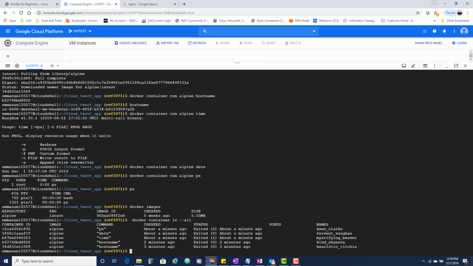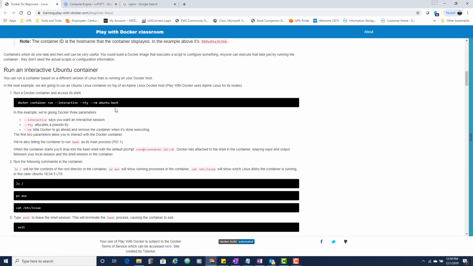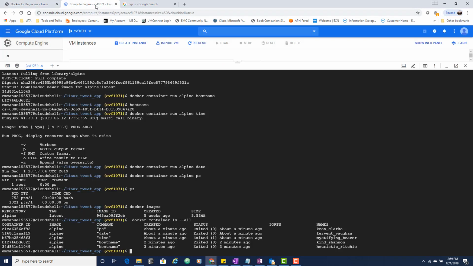That's what we'll do later in the class. All right, so you can see we have several containers. Those containers no longer exist. They were exited. It's a one-time thing. The next one we're going to also play with over here is when we have a situation where we don't